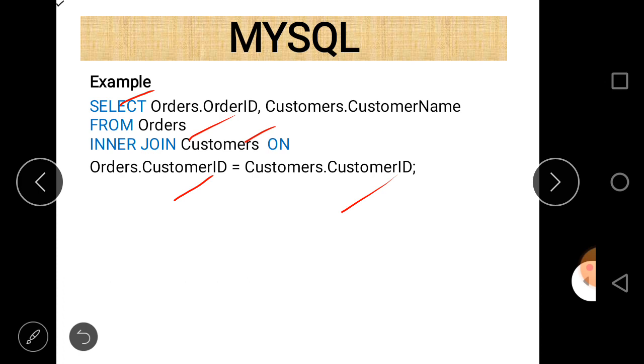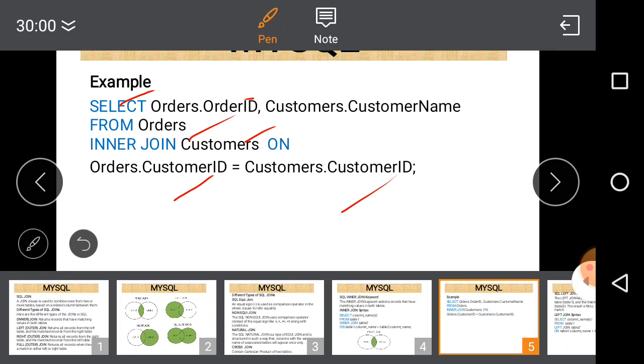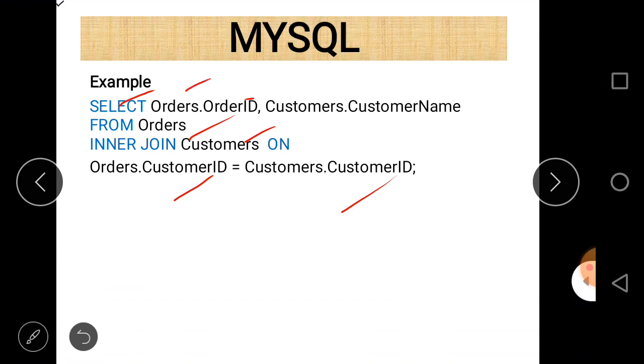Since there are different columns and we have to specify which column belongs to which table, write the name of the table first, then the dot operator, and then the name of the column, such as orders dot order id. Here orders is the table name and order id is a column belonging to the table orders. The second column is customer name, so write a comma and then customers dot customer name.